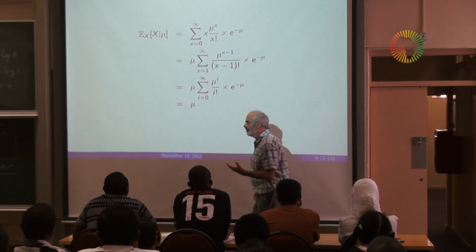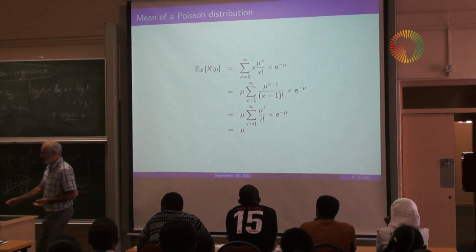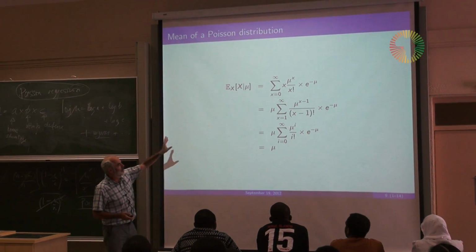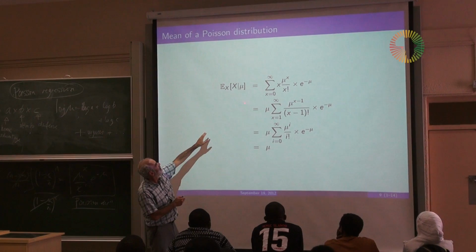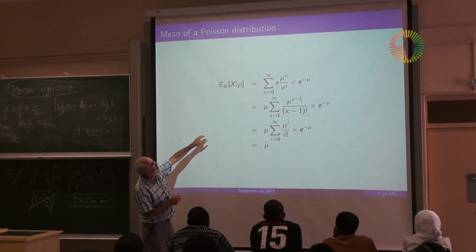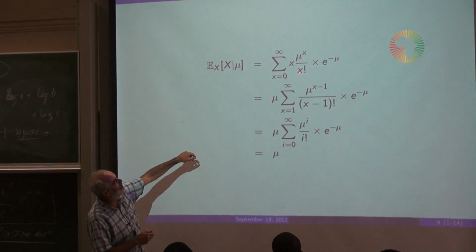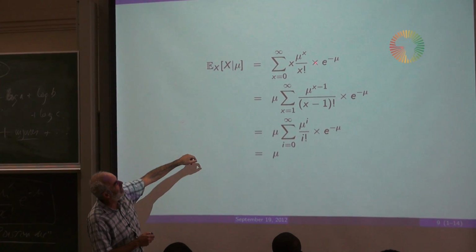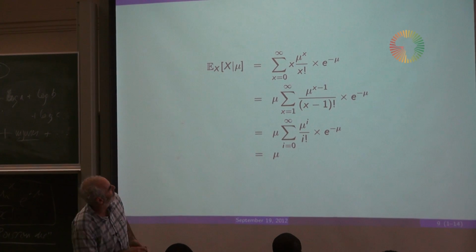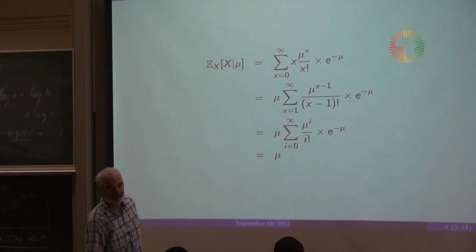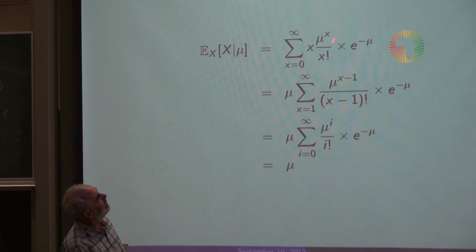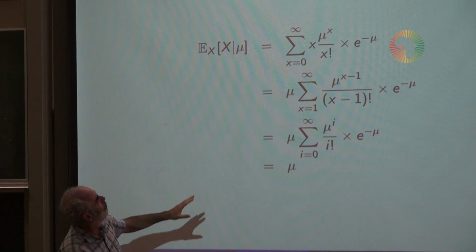So this is just a way of doing the Poisson mean. I'm doing this in detail because it's a useful trick. The Poisson mean is the sum from x equals 0 to infinity of x times the probability of x. That's not an x, that's a times. Hope you can see the difference. They're a bit different. So that's the x times, now, what can we do?